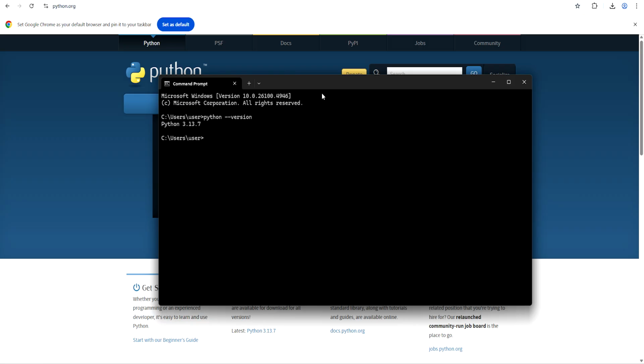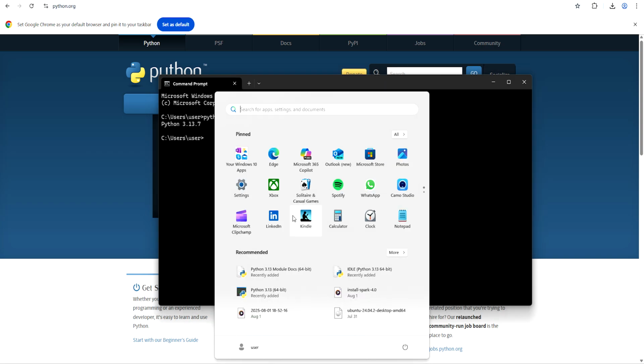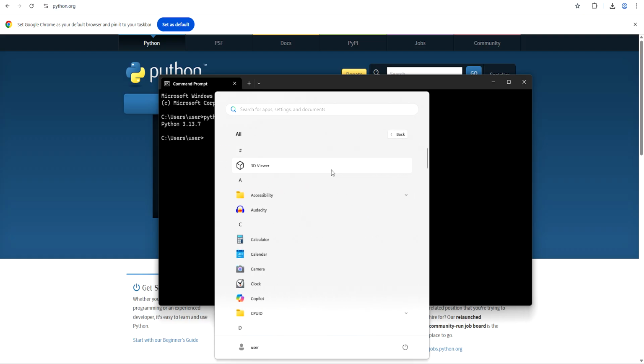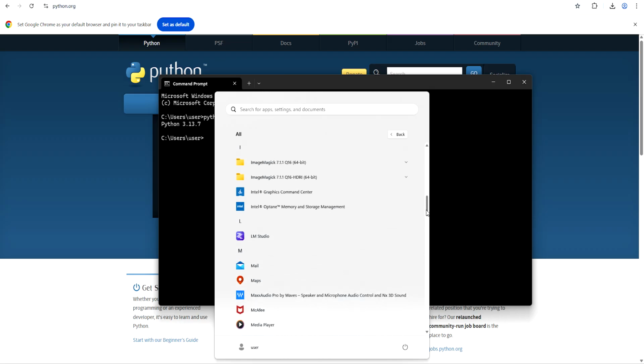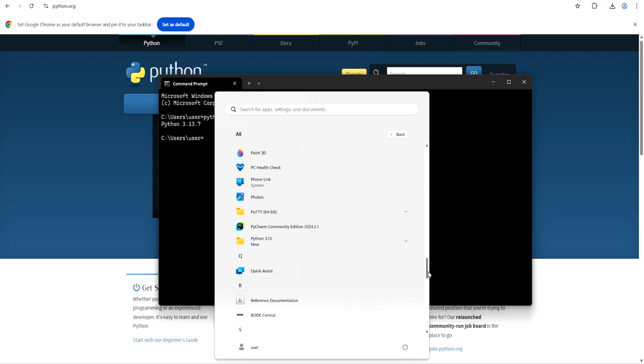Then it is displaying the Python version here. In the programs, we should be able to see Python here, and these are all installed with Python.